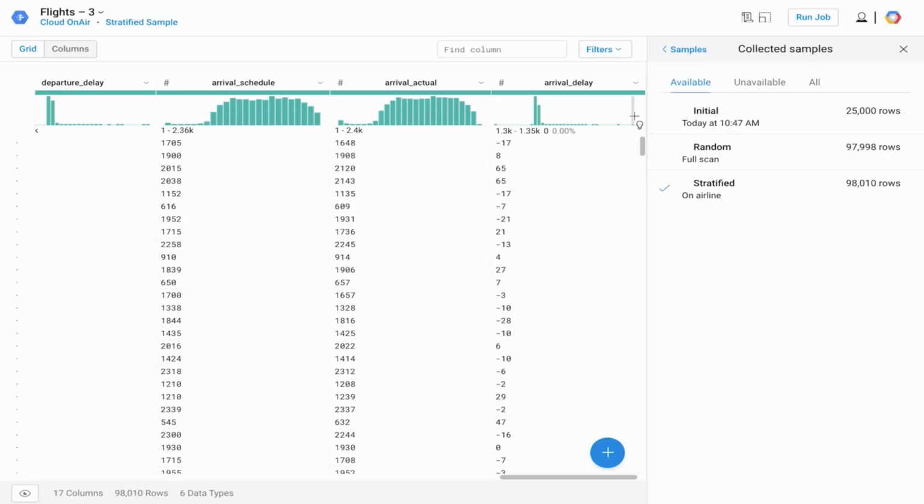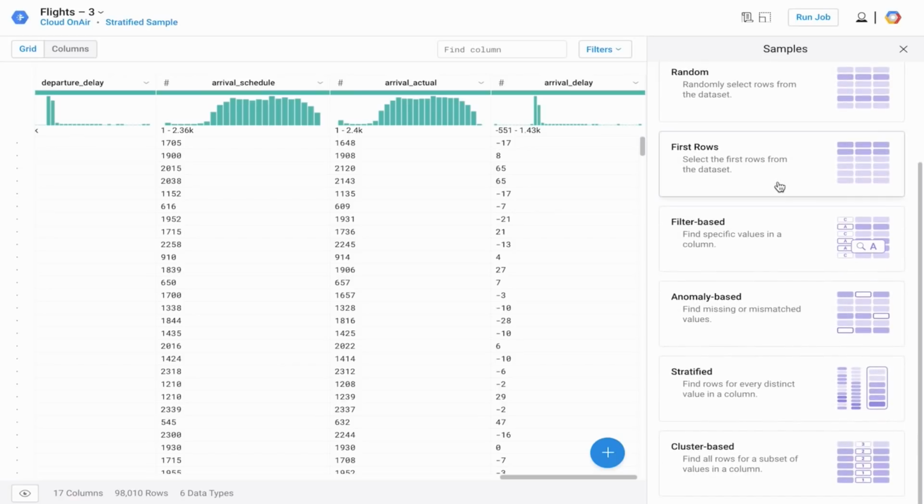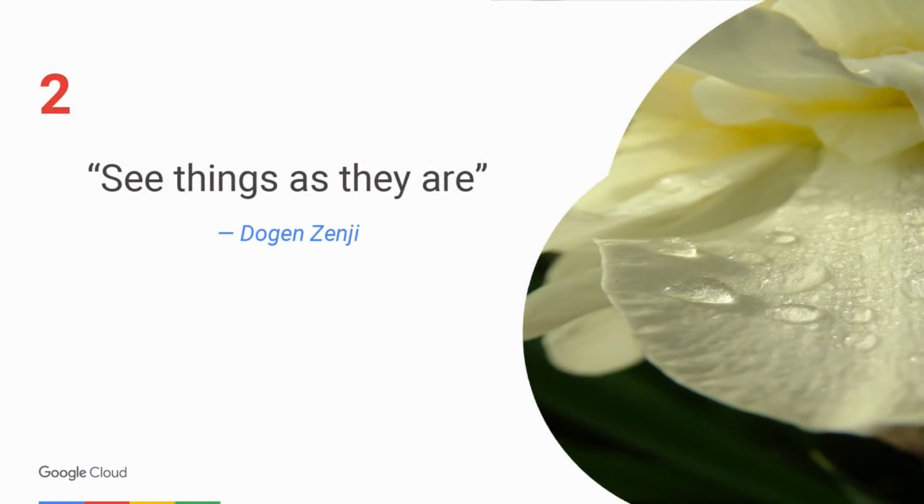You can see the arrival delay is actually much broader than we saw in the random sampling. Using Data Prep, you can control the samples available to you. By default, we generate a first rows or random sample, but there are other options. You can see filter based, anomaly, and the stratified sampling I showed you earlier. These samples help you fulfill the first principle of the Zen Guide, which is to understand and capture outlier examples. Principle 2 is to see the world as it truly is, because the data we see often contains